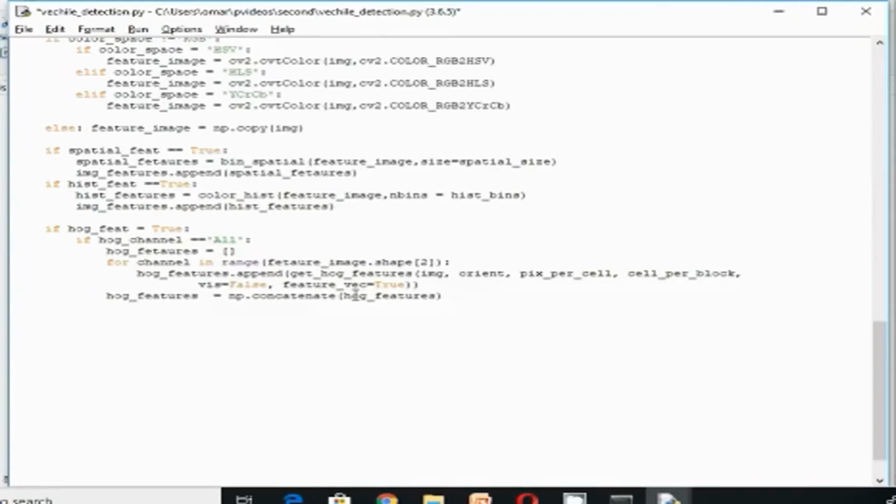If it is a list, we'll combine it to one feature as I need. And finally, as I did for the above features, I will append it to